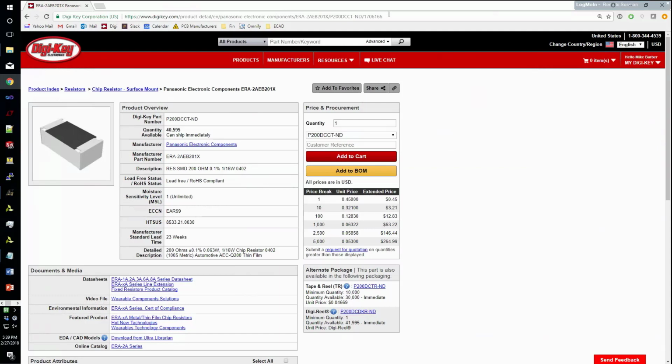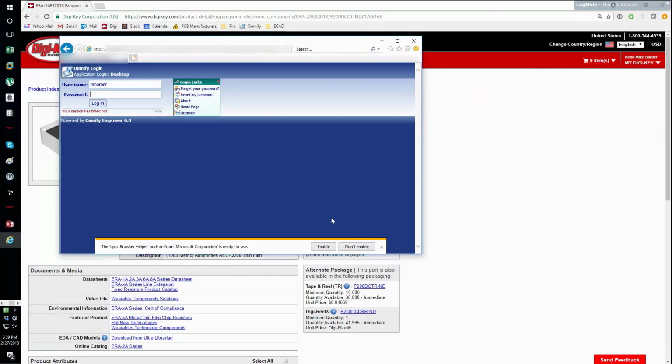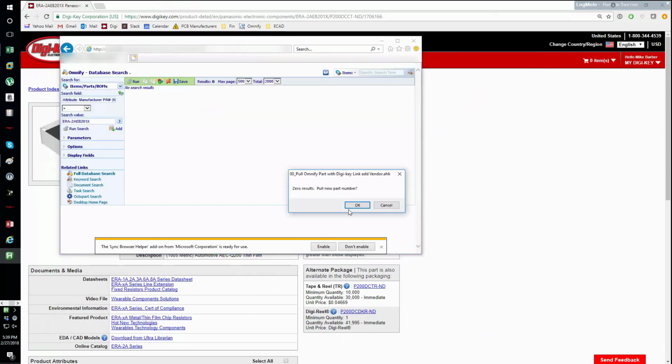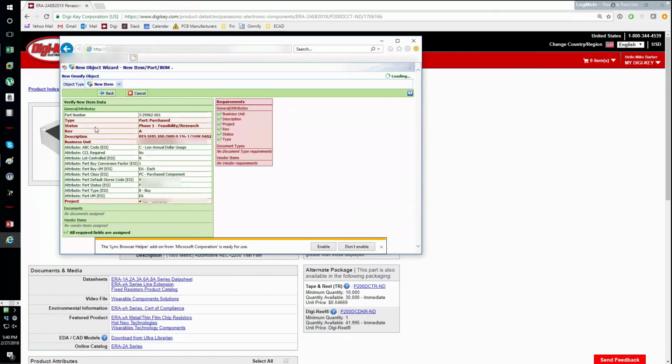Let's do this again. Copy it, Control Shift Alt C. It pops open an IE window, scrapes the Digi-Key page, logs into Omnify, searches for the part, says, hey, there's no manufacturer part number that exists with this. So I say, okay, pull a new part number. So now it's pulled a new part number,